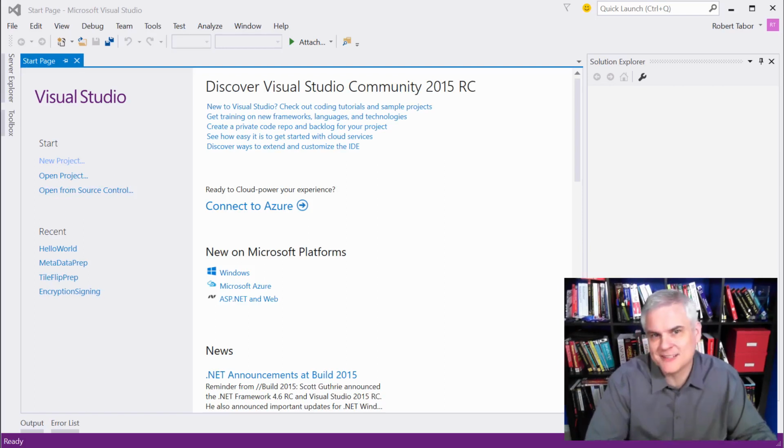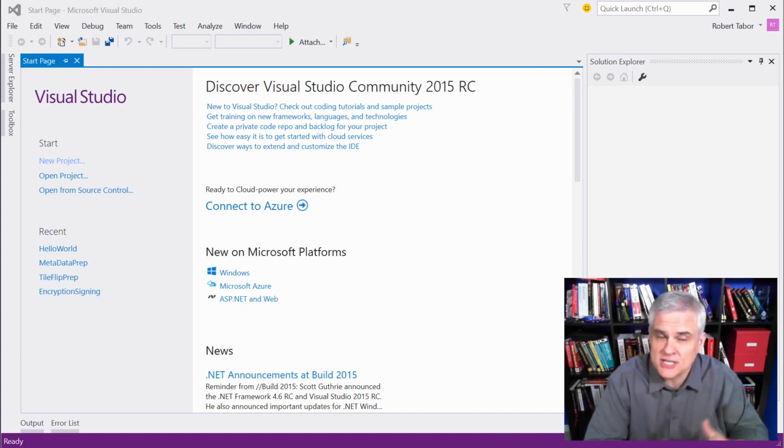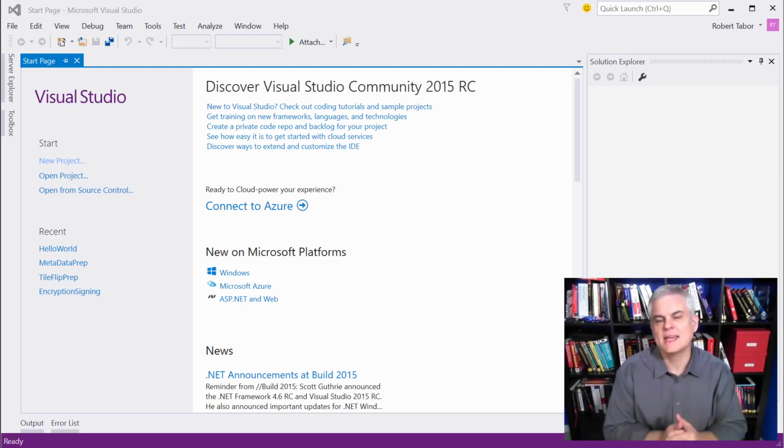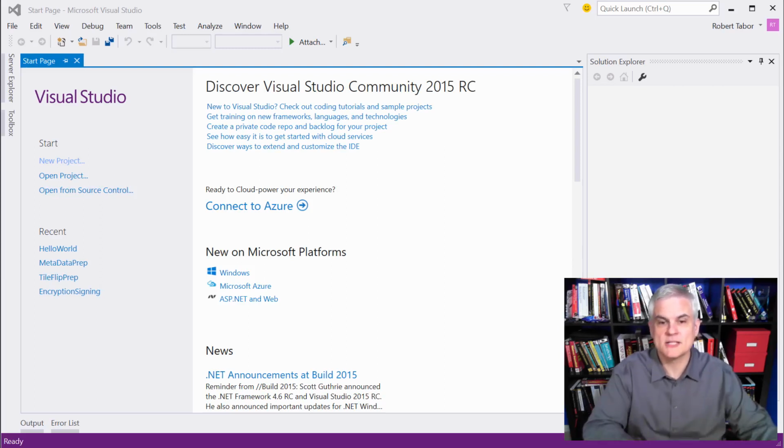Now, before you can follow along, you're going to need to make sure that you already have Visual Studio 2015 installed. Any edition will do. Express, Community, or one of the paid editions. That's great. And then secondly, you're going to need to make sure that you have the emulators installed, just like we talked about in the previous lesson. And so make sure you have that. I'm not going to demonstrate how to do that. There's plenty of resources online that will explain how to do it. But assuming that you've got all of that installed and we're ready to go, let's go ahead and get started